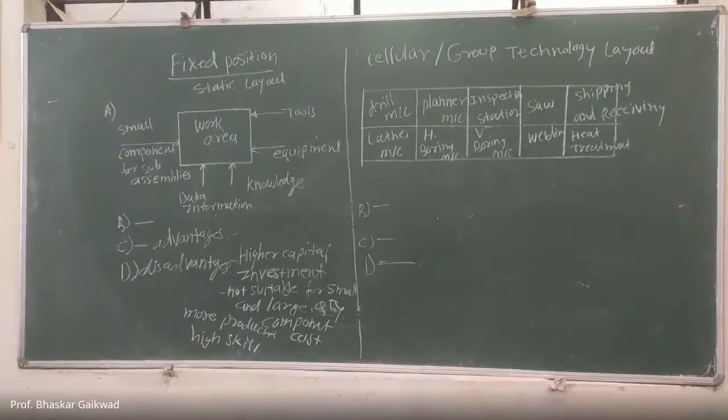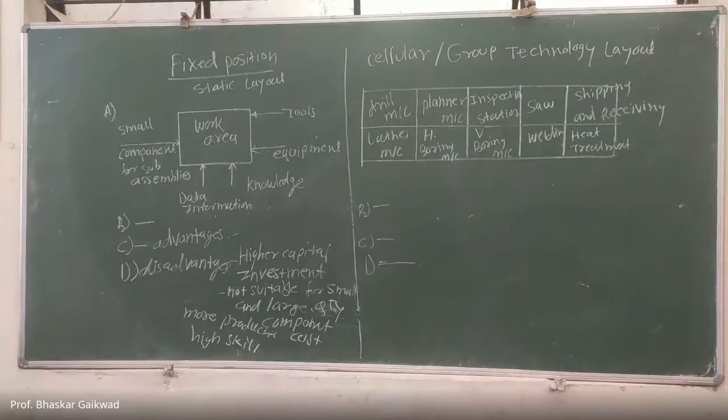More production cost is there because here initially high investment is there. Because of high investment, production cost is high, because additional equipment etc. we require. This is called recurring equipment. Then it is not suitable for small and large quantity component, and for persons working in the shipbuilding industry, the aircraft building industry, or locomotive industry, high skill is required. So these are the disadvantages related to fixed position.